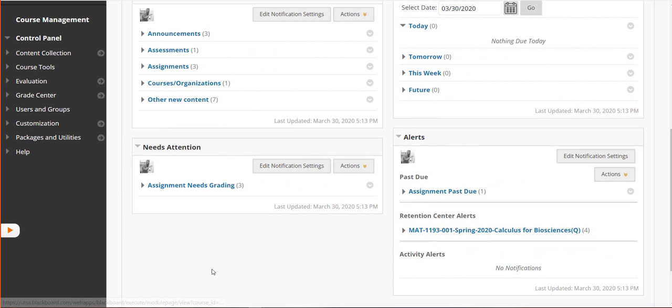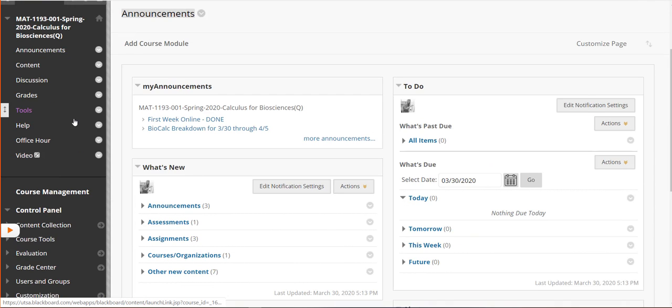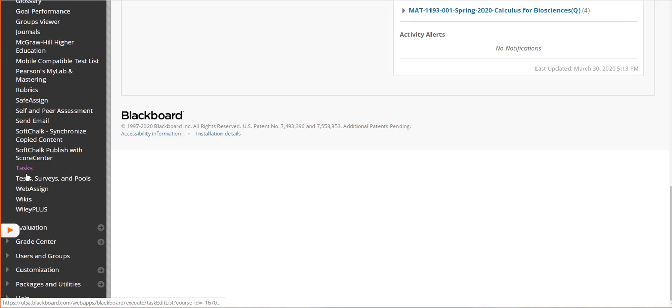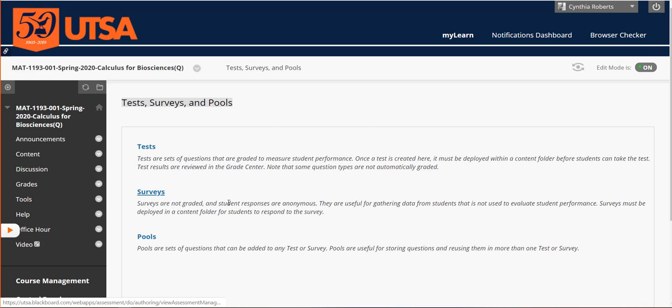So let's say that you want in Blackboard to create a multiple choice test, quiz, whatever, but then you'll also want the students to upload their work. So that way you have one part that they can just go in and answer, and then they'll upload their work. So here in Blackboard, if you go to Course Tools, and you go to Test, Surveys, and Pools, and